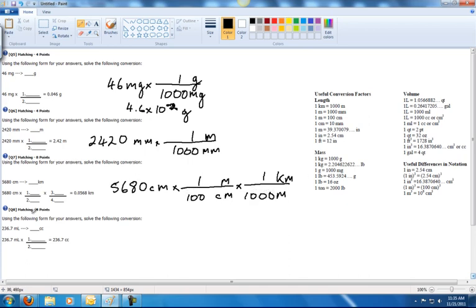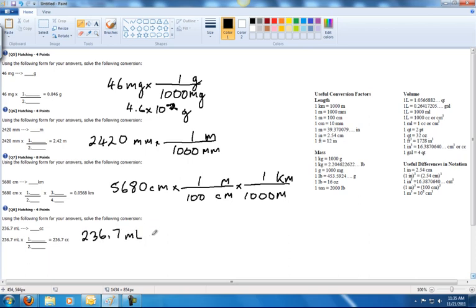So now the number of significant figures, I've got 3 significant figures here. The 0 is not significant because there's no decimal point in the number, and over here we've got 3 significant figures as well. The leading zeros are never significant, so it's 0.0568 kilometers. Alright, the next one,